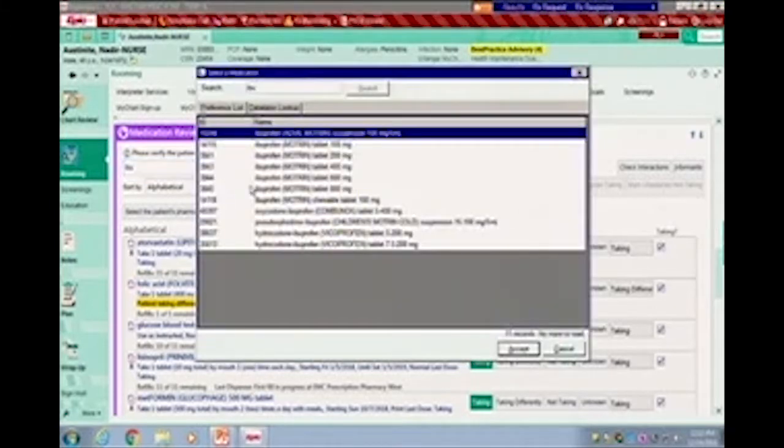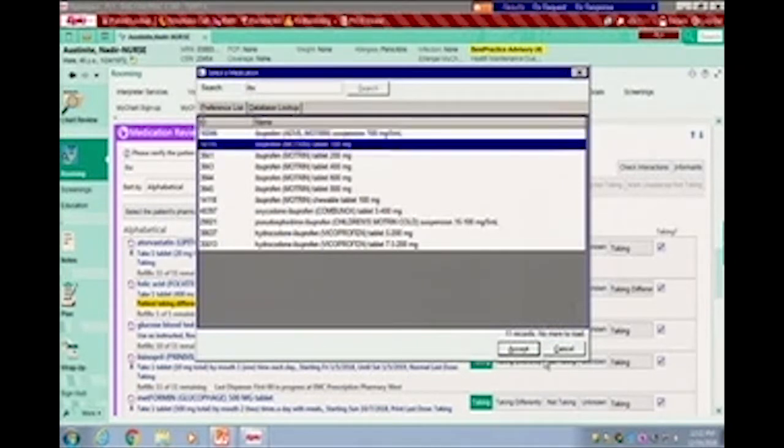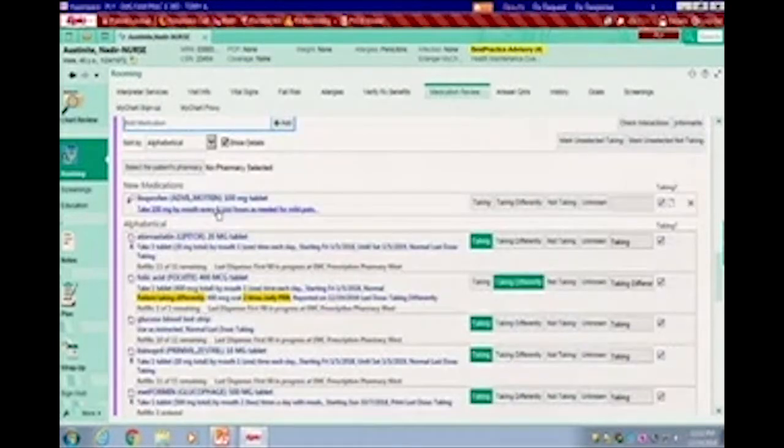If the patient reports to you that they are taking a medication such as ibuprofen, you have the option to add that medication. So you would click in that search box, and we say less is best, so it's best not to try to spell some of these medications. If you just type IBU and hit enter or add, it will pull in options, and I'm just going to choose one of these for training purposes. You can accept, and it will show up with this little icon. It looks like a person with a bubble. That means the patient reported taking that medication. Okay.